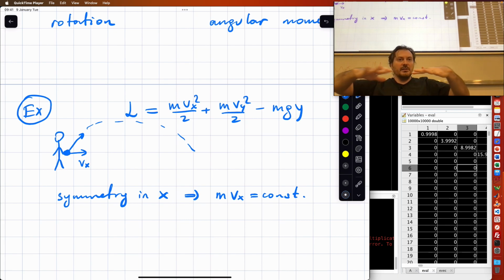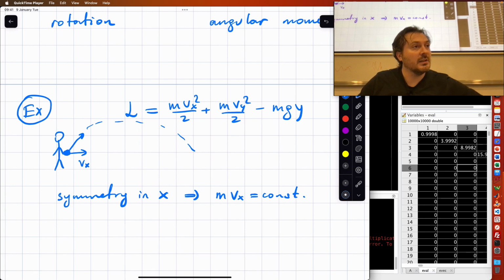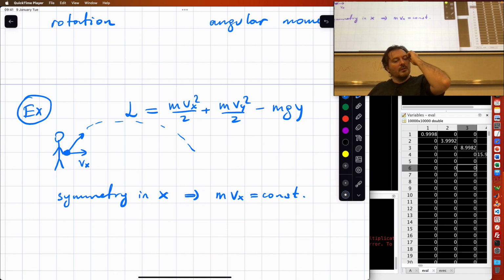If we are doing it on a flat plane where x and y do not enter as potential energy, then momentum in both the x direction and y direction has to be conserved, right? So in the x coordinate, the conservation law is momentum of x. The momentum in the x direction is conserved because the system has symmetry in space in the x direction.